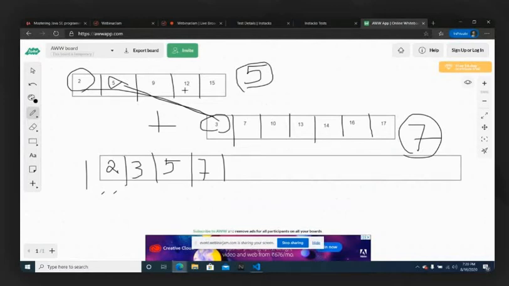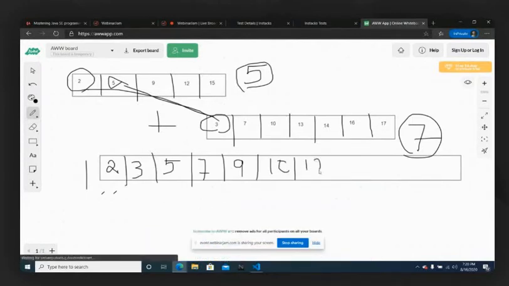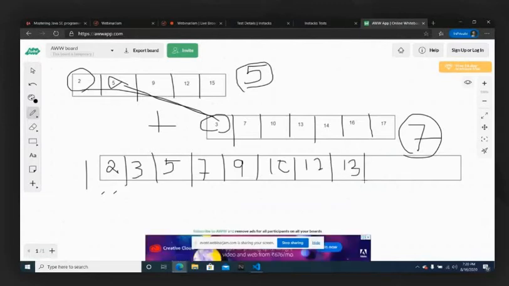Then you place 9 after checking 9 and 10. Then you check 12 and 10, where you place 10 as the minimum. Then you check 12 and 13, where 12 will be coming. Then you check 13 and 15, where 13. Then you check 14 and 15, where 14 is here. Then you check 15 and 16, where 15 is the minimum. Then only the remaining 2 elements will be there, and 16 and 17 you will be filling.